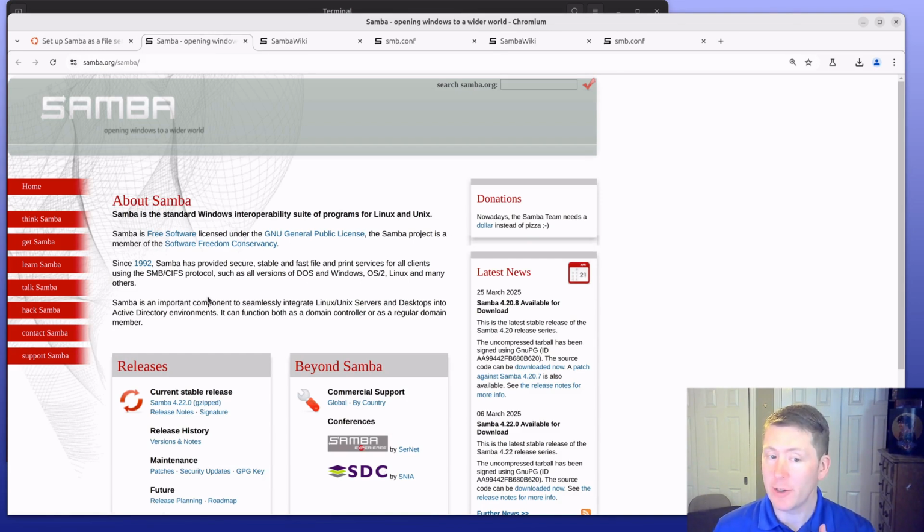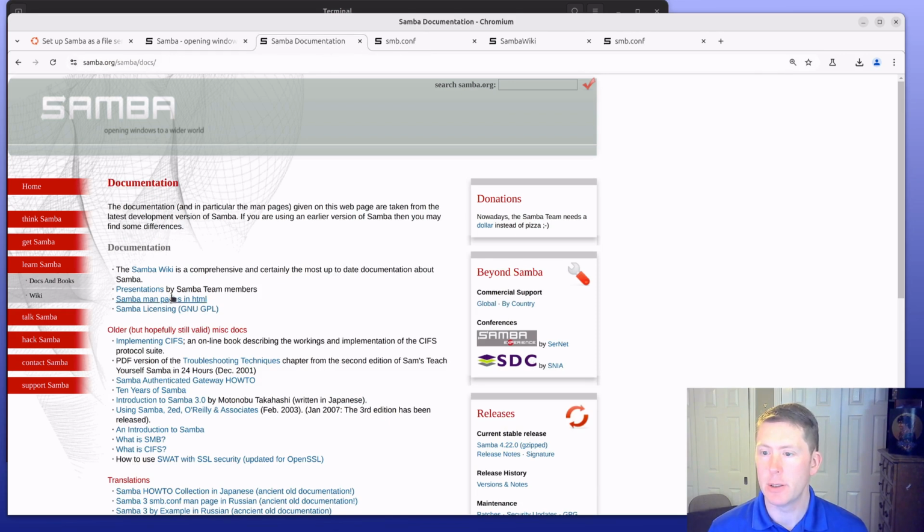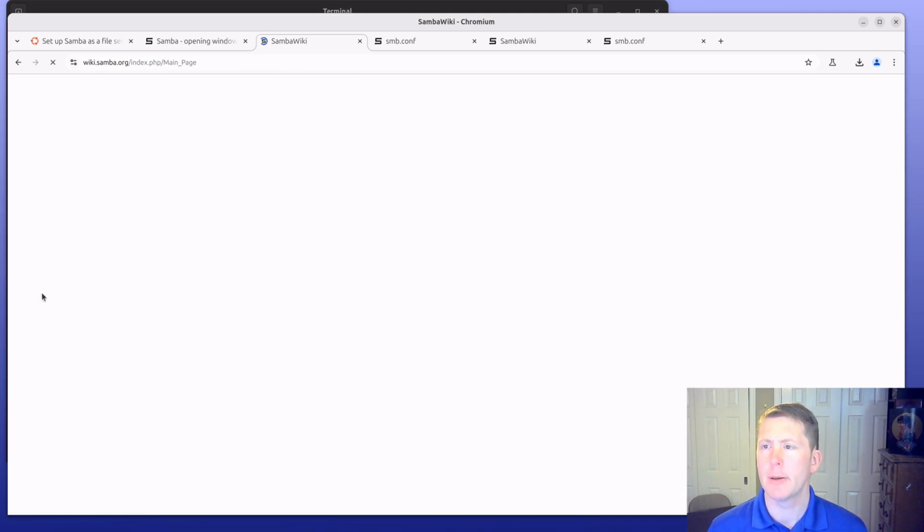Samba is, and I'm here on the site, a Windows interoperability suite. It can deal with, if you go to the documentation, the wiki here, it can do things